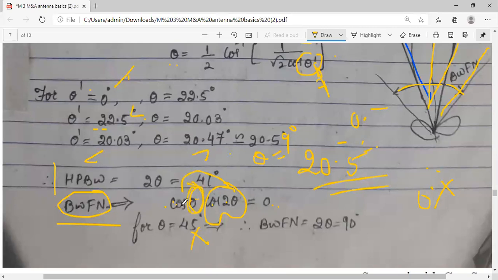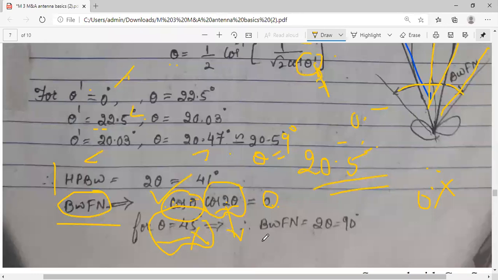So अगर मैं यहाँ पर 90 लूंगी, no doubt इसको satisfy हो जाएगा cos 90. But what about the second angle? It will become more than 90. So instead of taking 90, what you do, you try to check within that limit, within the 90. So if you check this, here I have written 45. So what will happen if you put theta as 45? You can check. Yeah, it is 45. If you see cos 45, कुछ answer आएगा, but cos of 2 times 45, here you will get cos 90. Right? Maximum value is 90 degrees itself. So cos 90 is 0, you will get 0. That's why directly I have taken theta as 45 degrees.